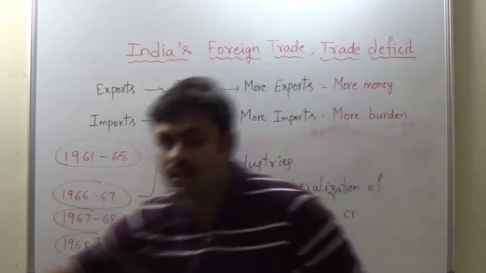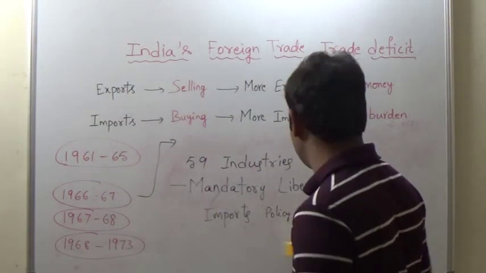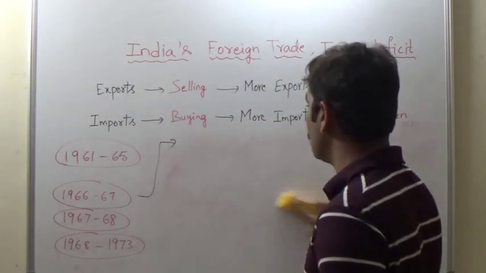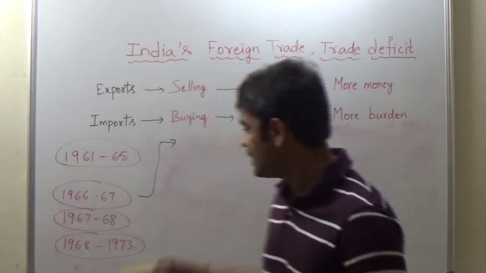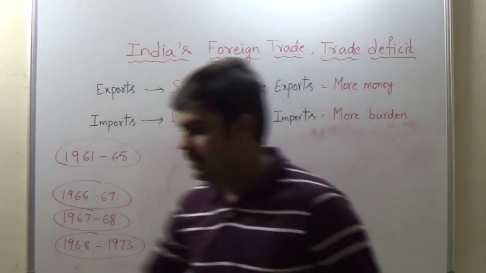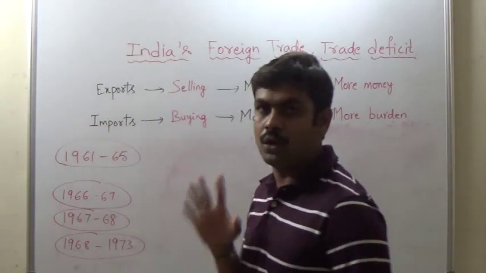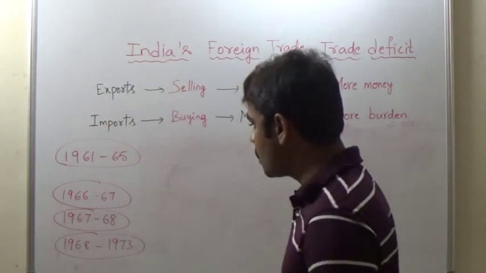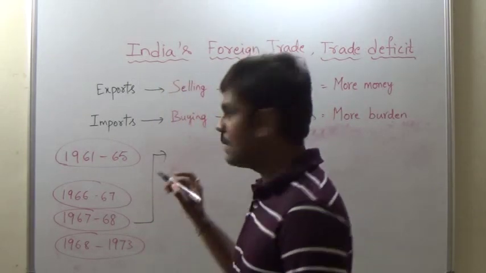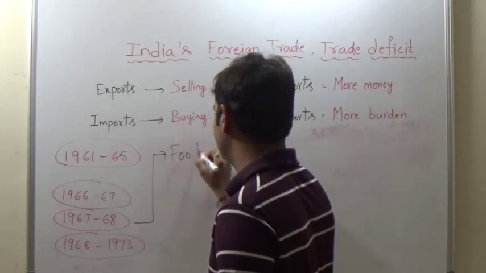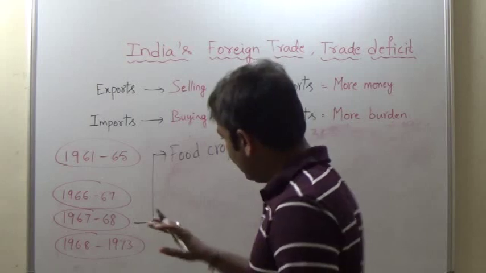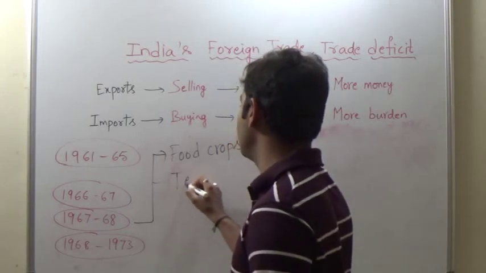1967 and 68. What happened during this 1967 and 68? Again the same situation in the food crops due to bad weather. We cannot say this is a drought, but during 1967 and 68, the bad weather again gave another blow to the crops of India. So again the import of food crops continued, and as usual, technological know-how